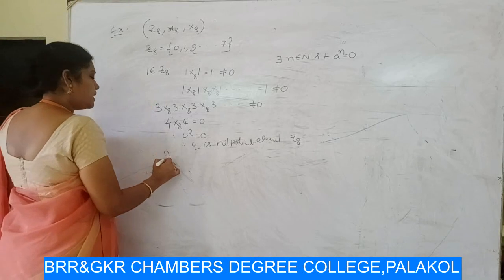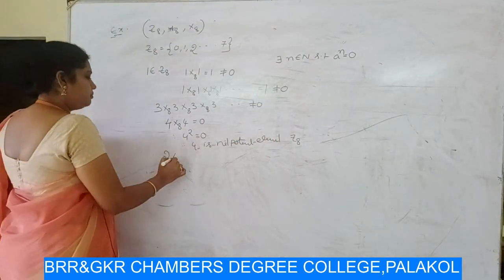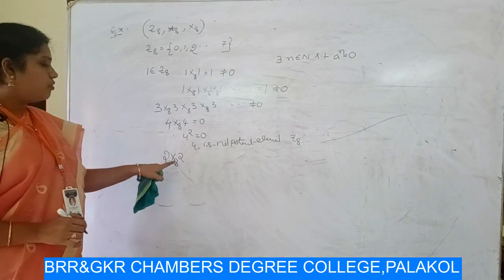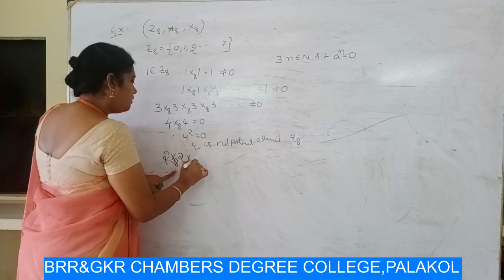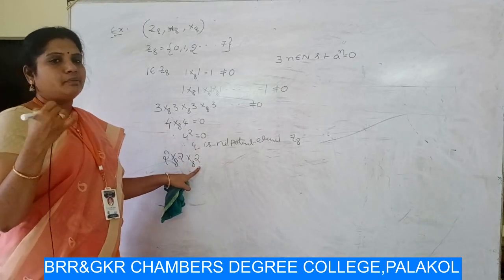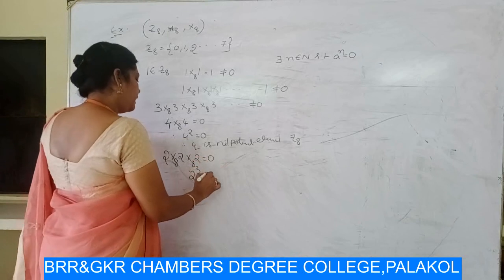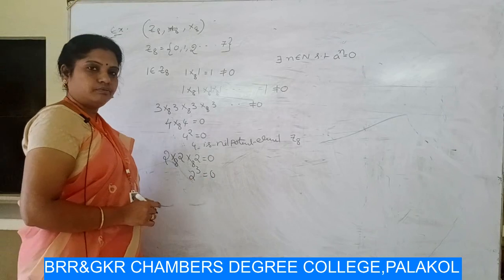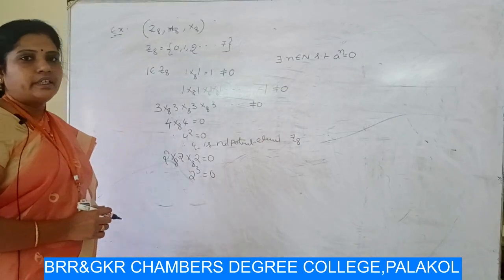Similarly 2 is also satisfying this condition a power n is equal to 0. 2 multiplication modulo 8, 2. 2 2s are 4. 4 divided by 8, we get remainder 4. Now again we multiply with 2. 4 into 2 is 8. 8 divided by 8, remainder is 0. So therefore 2 cube is equal to 8 here. 2 cube is equal to 0. Therefore 2 is a nilpotent element of the ring Z8.